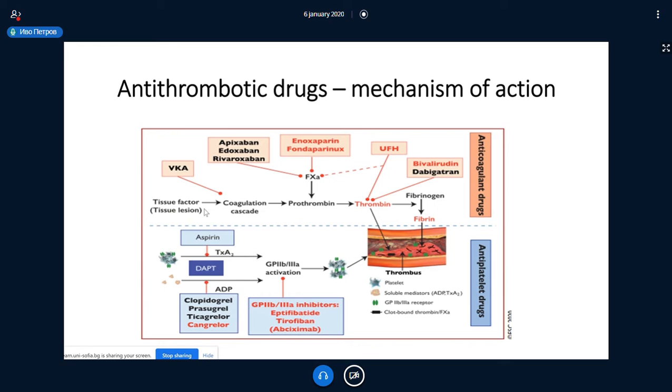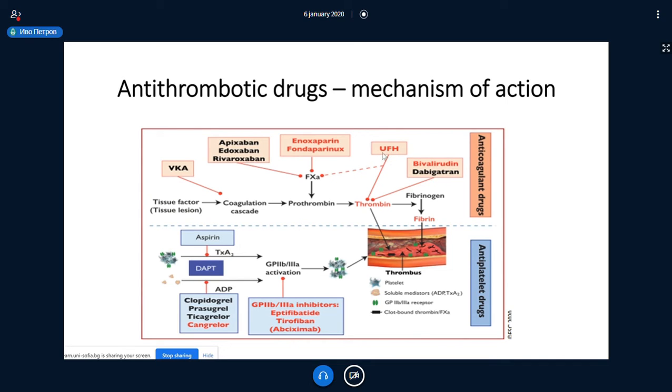The anticoagulants are decreasing the probability of prothrombin turning into thrombin and fibrin from fibrinogen, and the antiplatelets are decreasing the probability of the platelets aggregating to each other with the help of the fibrin filaments. And depending on which level of the coagulation cascade and which enzyme is blocked, we have different so-called direct anticoagulants,